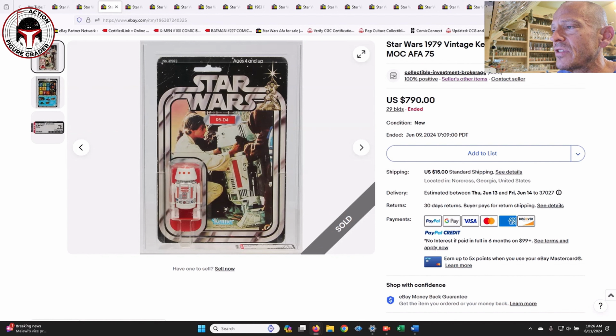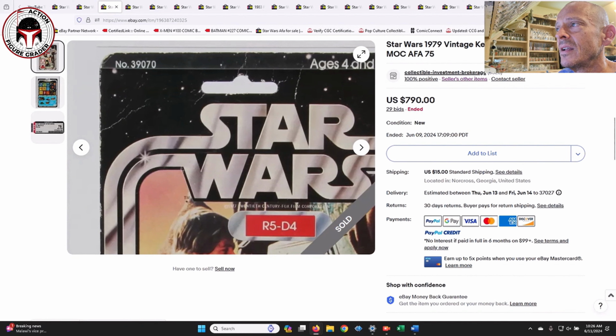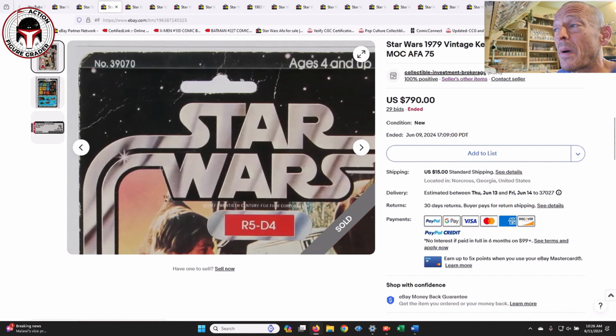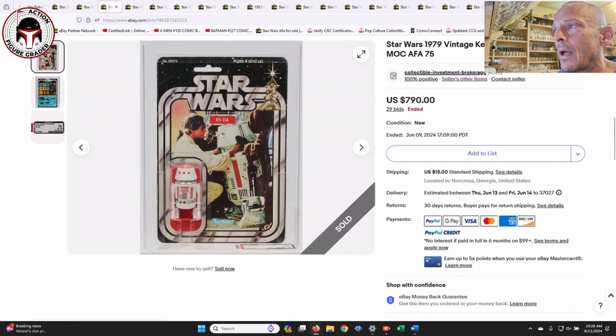21 back A R5D4 graded AFA 75. My personal opinion is it seemed a little overgraded. The card had quite noticeable spider veining, okay? And so the blister of 75, card of 70 is probably about right. Blister 75, figure 85. To me, this feels like a 70 or a 70 plus, just given the fairly noticeable spider veining. But they gave it the 75, and it did sell for